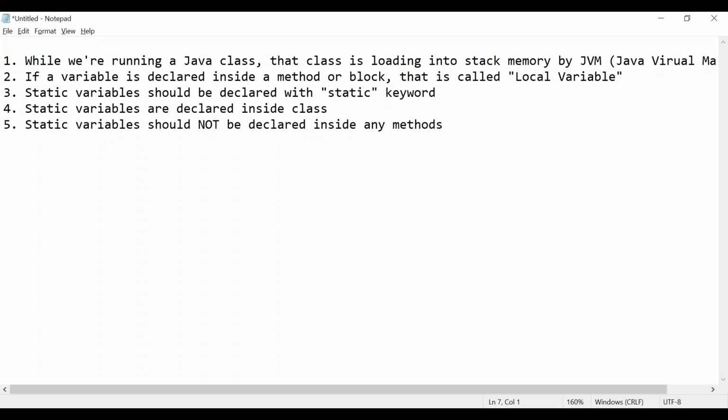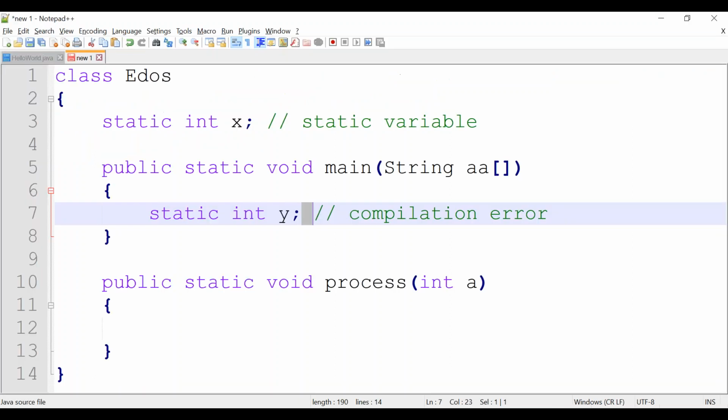Static variables we can tell it as, what is meant by static variables, how we can call static variables. We can say static variables can be called as global variables. Okay, all names are same. How can we tell a static variable? A static variable we can call it as a global variable.